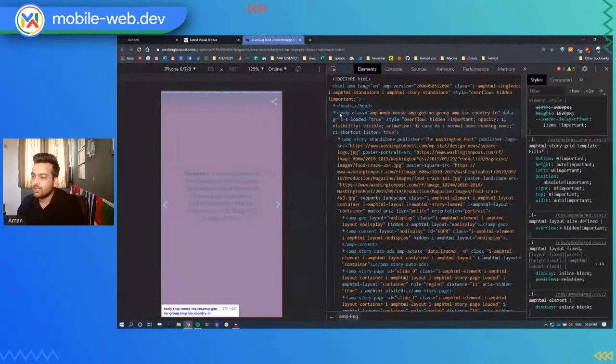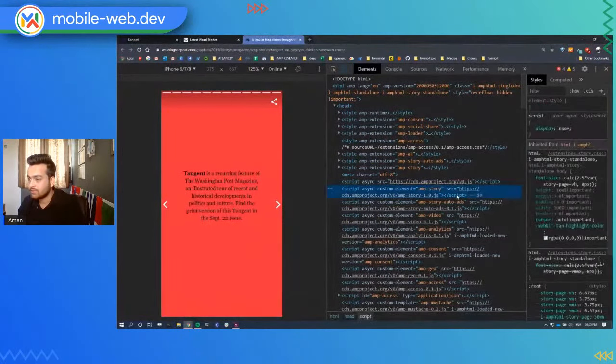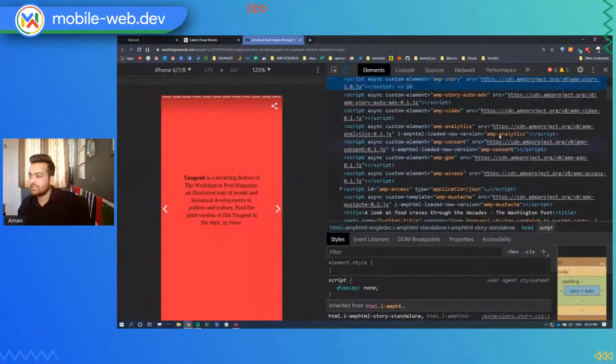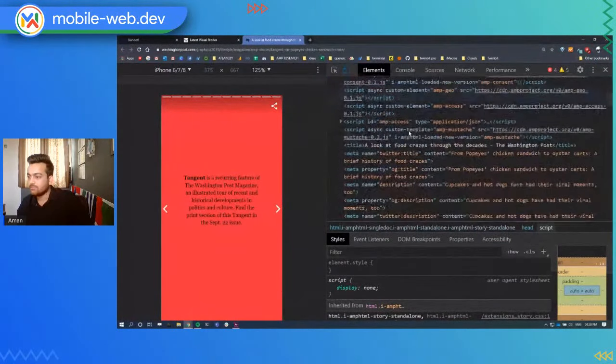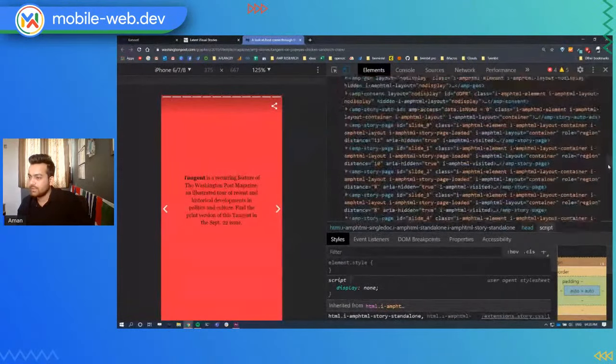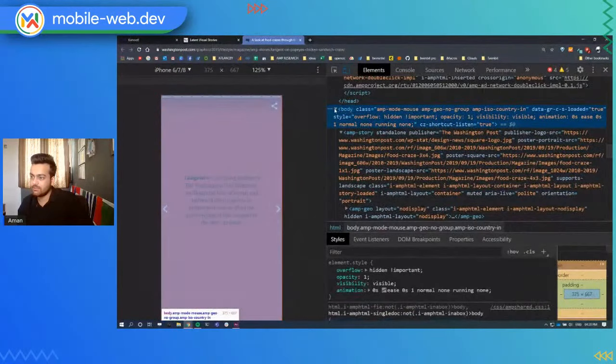So this is our body. In our head, we have included our amp-story extended component over here. They have gone ahead and added some more components which you might not need on a regular basis. It's good to know that they have added these things. Then this is our body element, and inside the body you have this component amp-story.